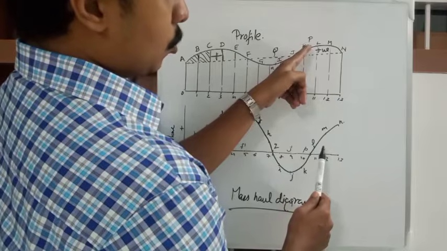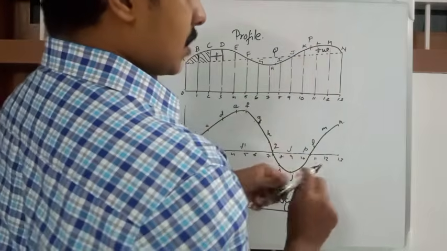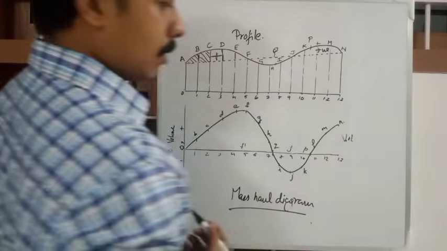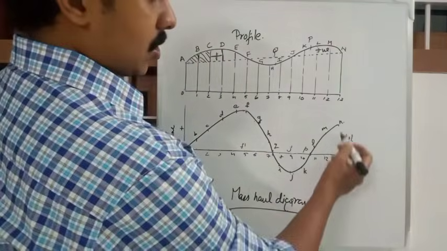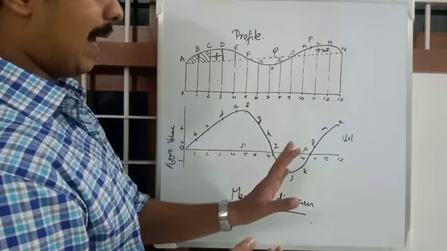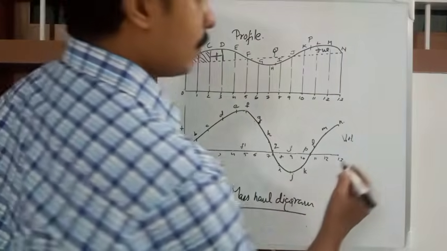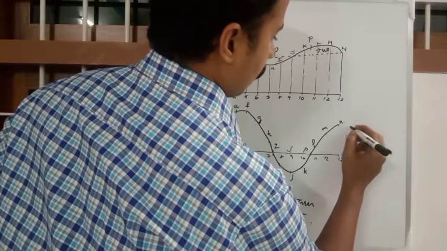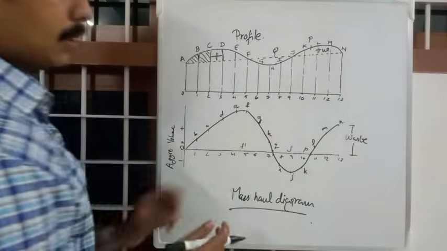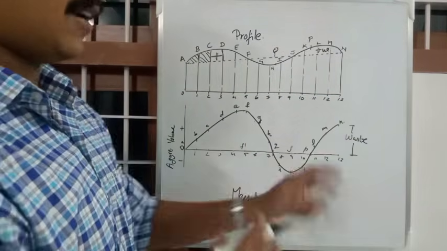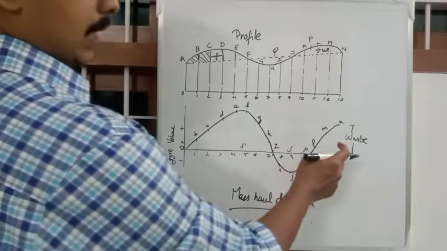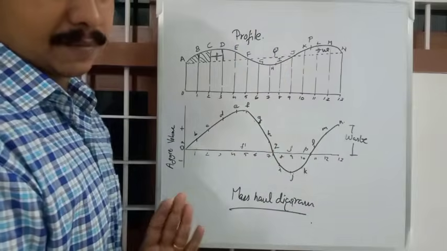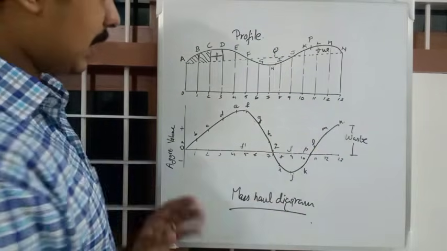again and move towards the right, and when it reaches M, there is a volume of this much earth balance in this truck, and this will be waste volume, because that volume of earth will not be useful in any way. That volume of earth will be staying in the truck for the next fill of the next section. I hope you understand.